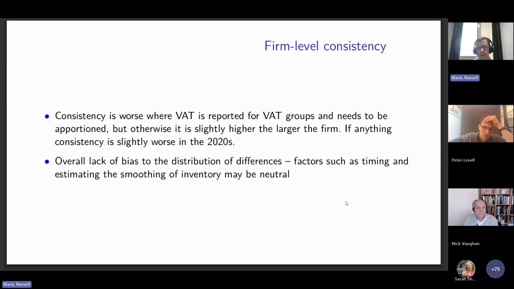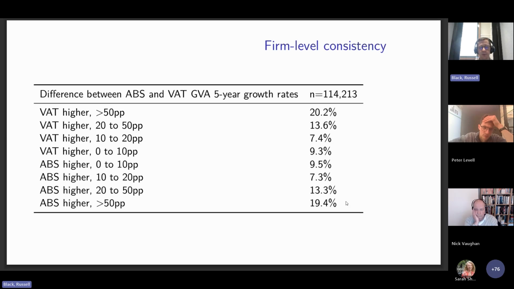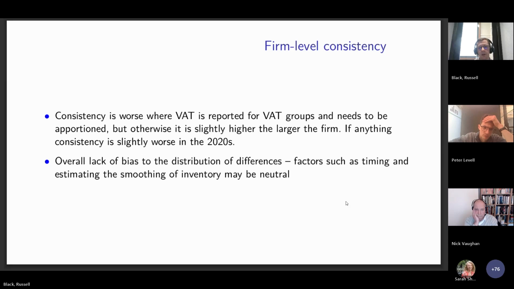We'll see that the aggregate productivity decomposition results will be varying over data specifications because the process that's generating the data is varying this much because of the assumptions that are being made over treating inventories and treating capital expenditure. The consistency is slightly higher for non-complex large firms. It's slightly worse for small firms.